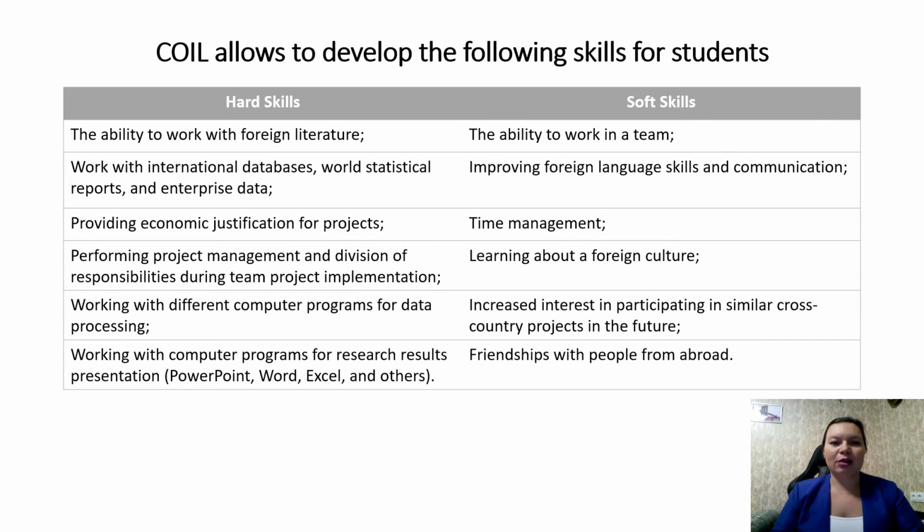Our COIL project allows students to develop the following skills. First of all, hard skills. For example, the ability to work with foreign literature, the work with international databases, world statistical reports, and enterprise data. For example, it's work with World Bank data, European Commission data, data from USDA, and other famous databases. To provide economic justification of projects, to perform project management and division of responsibilities during project implementation,